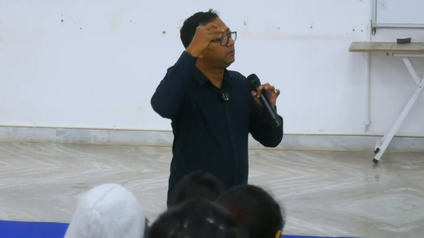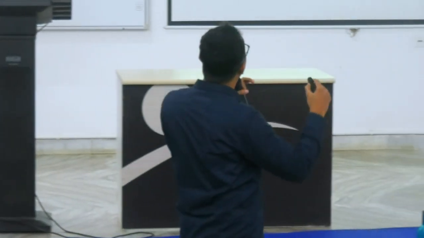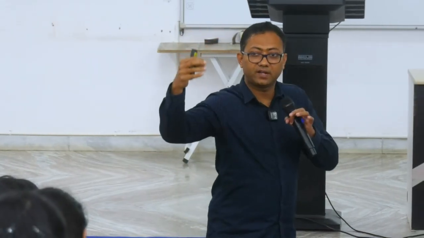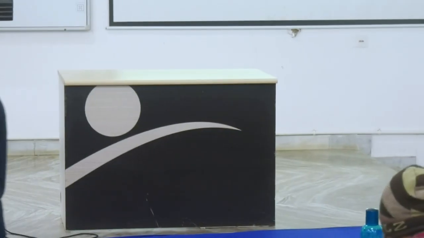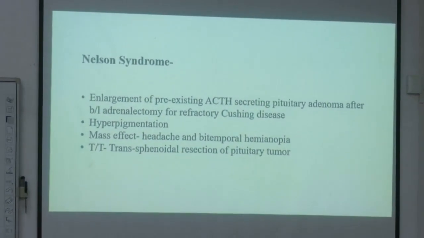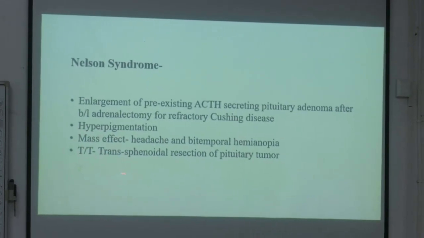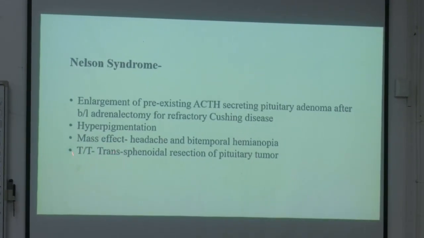So finally there will be increase in the pituitary tumor, and that pituitary tumor will compress the optic nerve, the optic chiasma. You know, pituitary gland is located near the optic chiasma, brain dissection হয়েছে. It will compress the optic nerve and optic tract, and there will be bitemporal hemianopia. এদিকে দুদিকটা দেখতে পাবি না, সোজা দেখতে পাবি. And what will be the treatment? Treatment is transsphenoidal resection of the pituitary tumor. Pituitary tumor ta transsphenoidal surgical remove korte hobe.